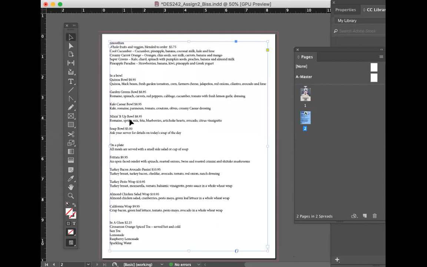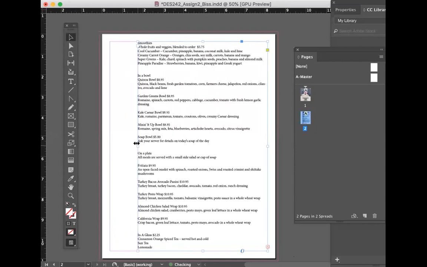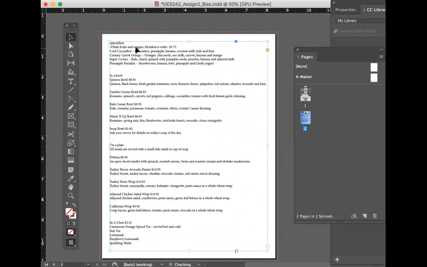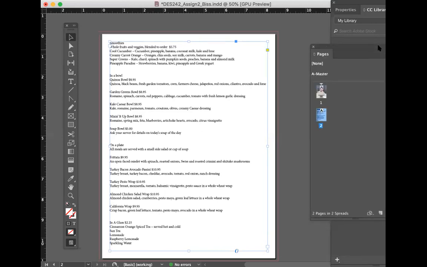Once we paste it in there, I'm going to take my selection tool and move this around. At this point, you can at least see how much copy is on here. There's definitely some copy. Actually, this is all of the copy. I don't see a little red X or red mark here, so it's telling me this is all the copy that I have to play around with.